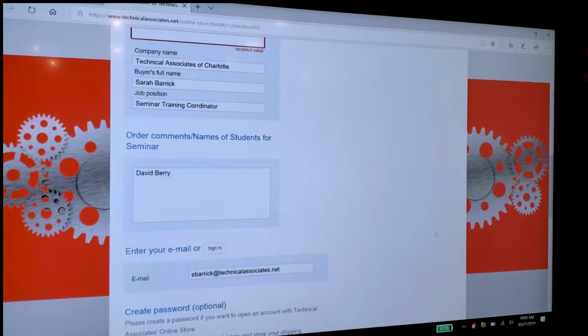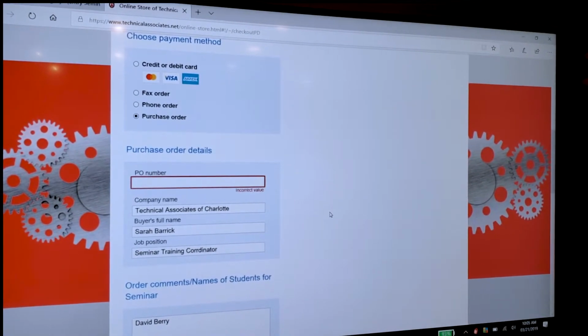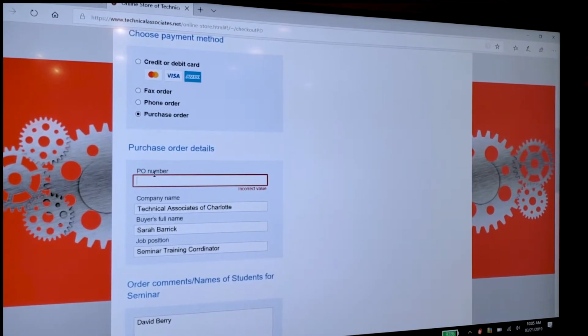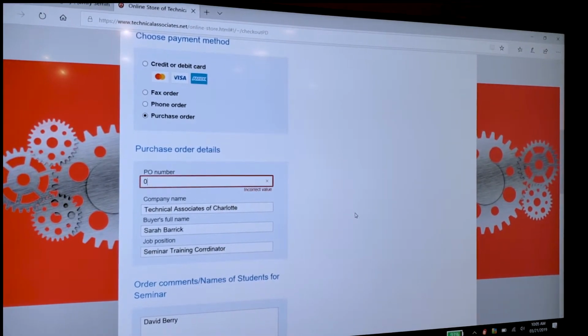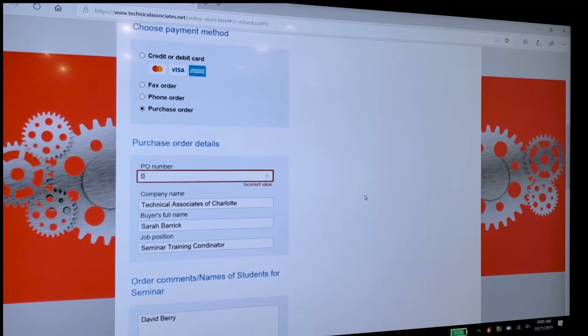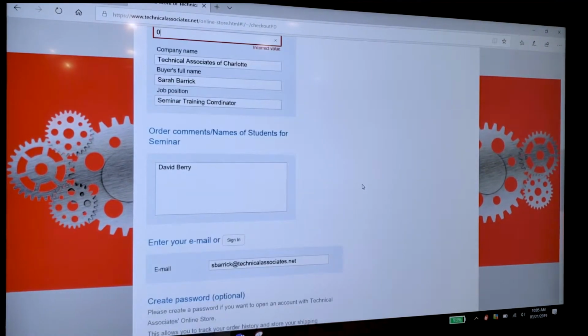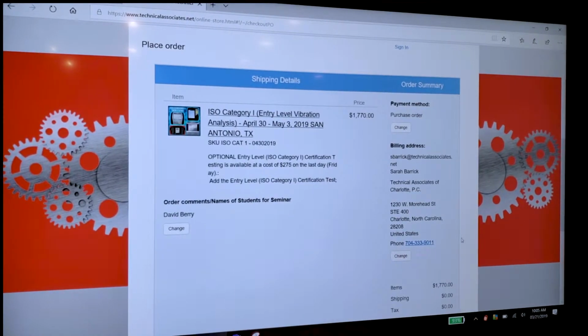Okay, when I click continue, now we have had some people come back and say it still wants a PO number. You can just put 0 in there until you get your actual PO number, which normally they send me an actual PO through email. You can just put a 0 in there to bypass that. So I click continue,